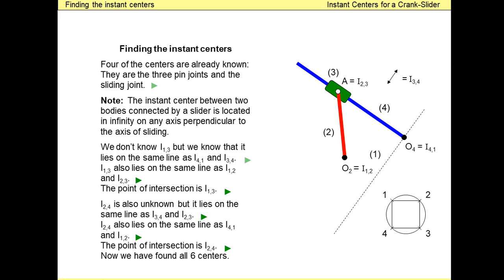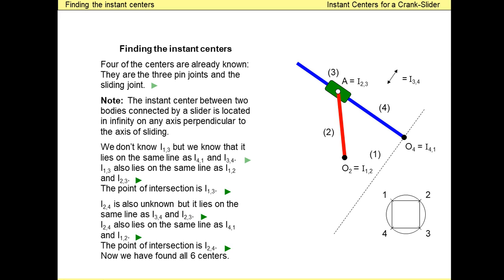First, I am going to draw a line joining I14 and I34. So I34 is at infinity. So draw a line passing through I14 and going to infinity. You just draw a line passing through O4 and perpendicular to this blue link. Okay, this is the line joining I14